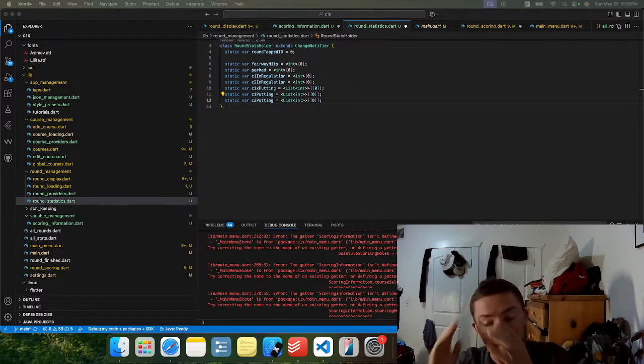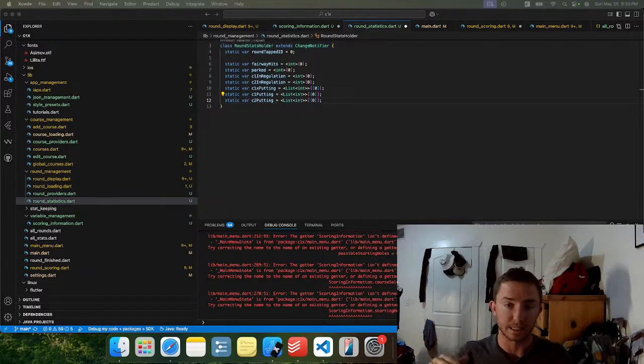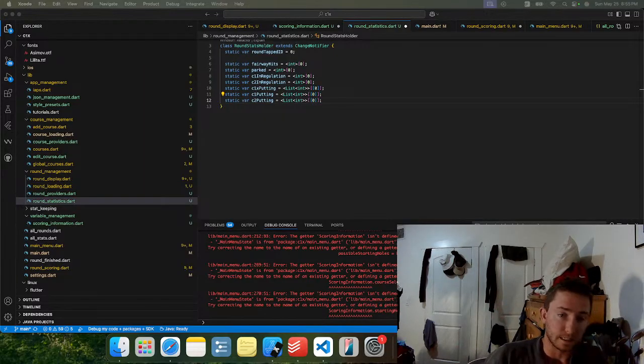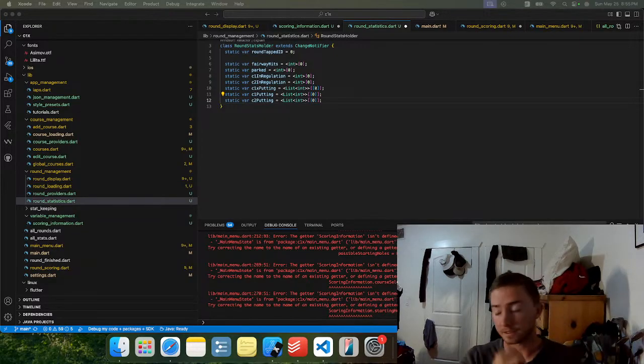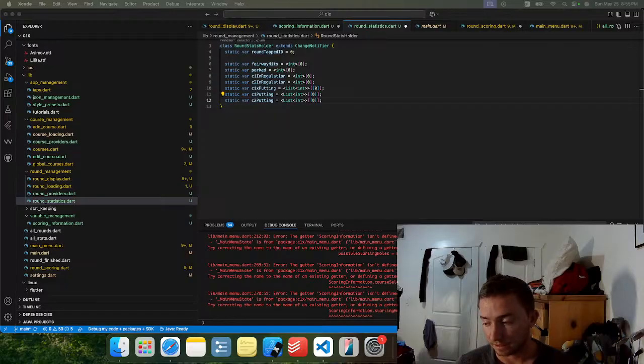So what I was doing in the initial C1x is that you would go into that all stats view, and the second the user clicked the button to navigate to that view, it would calculate all the stats for every single round that was saved, which if you only have a handful of rounds saved isn't a big deal. And honestly, it's probably not a big deal if you've got 50 rounds saved. I feel like as you start to get beyond that, it probably takes a little while. I would love to run that in the background beforehand, which means that